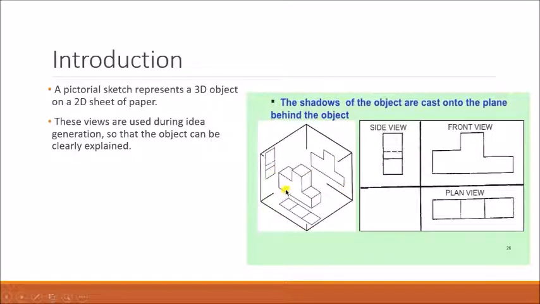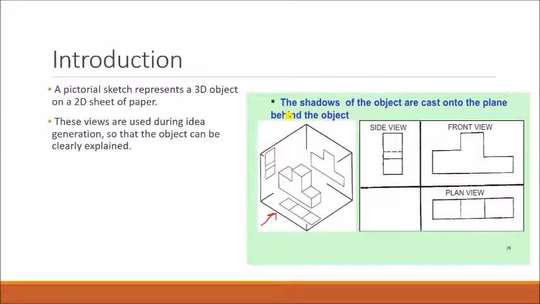So the front view is drawn on the vertical plane. You can see here the front view is drawn on the vertical plane. In the same way, the top view. I'll just use my pen here. You can see this is your front view. For example, if you're seeing from here, this becomes your front view. Here, how many faces are visible? One face is visible. So that one face is drawn here based on whatever dimension is given.